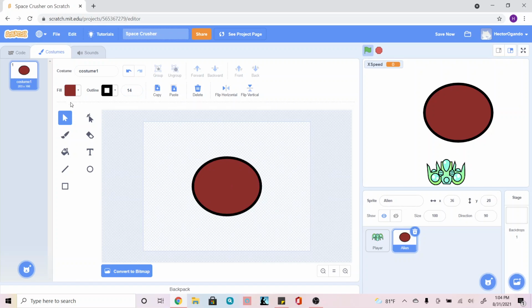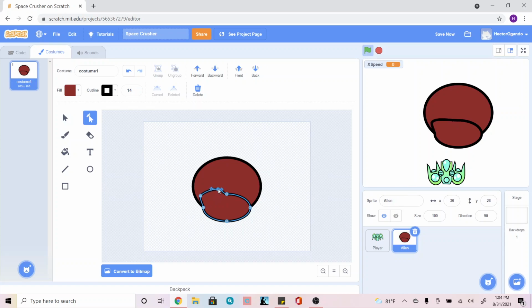Okay. Now that I have this, probably going to use this to create another circle. So if this is the body, I want to create the face. So this is going to be my face, and I'm going to go ahead and shrink it down a little bit. Move it a little bit to the side. And here I have my face. Now I can use my reshape tool and kind of start changing the shape of it a little bit more to make it look more like a creature